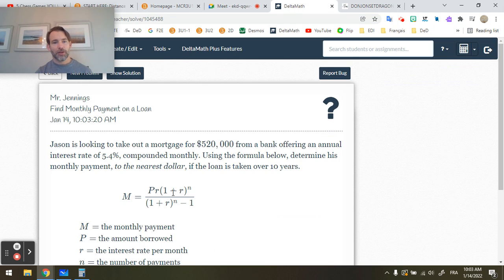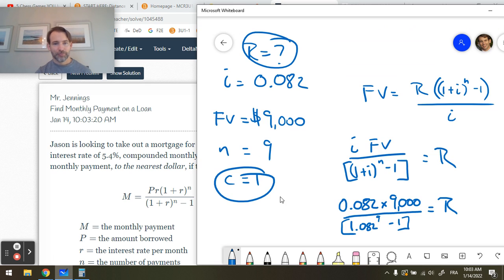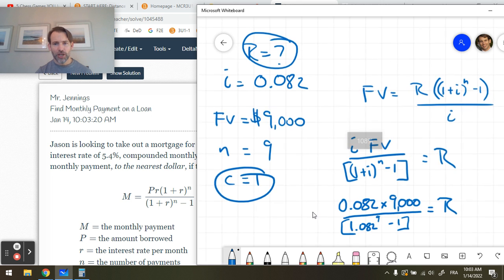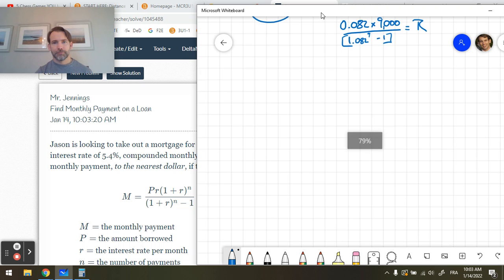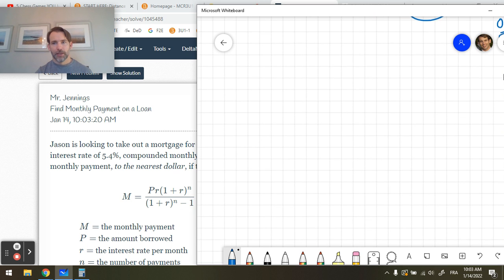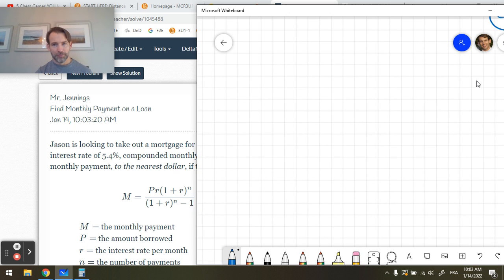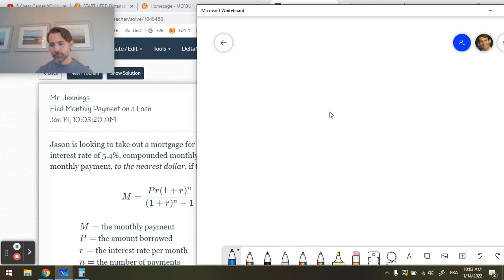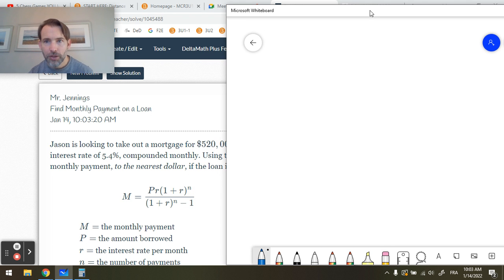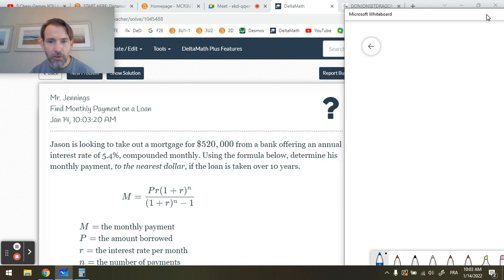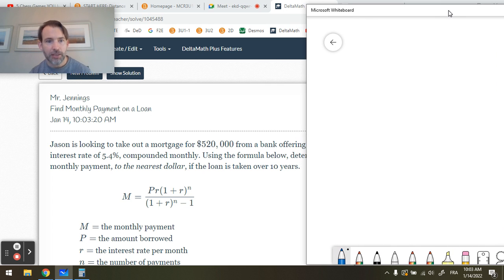Find a monthly payment on a loan. Okay, so now we got different formulas. All right, let's do it. Now it's Jason. Okay, Jason, what are you up to? All right, so pull this over. Okay, he needs to take out a mortgage. Okay, and this is after he pays his down payment on his house, right? Of $500,000, which buys you